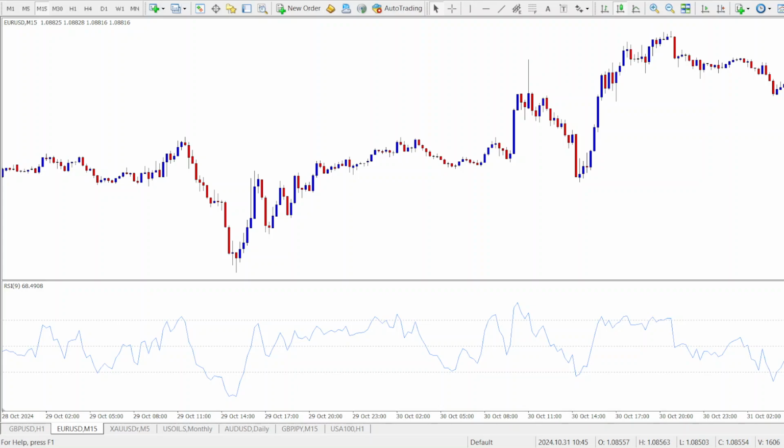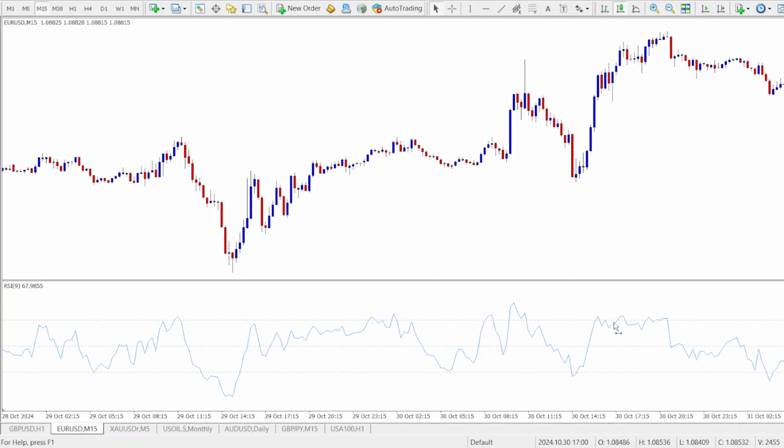So when you are trading on smaller time frames, it is advisable that you reduce the period to suit your trading style. Now, in as much as I am recommending the periods 5, 7, or 9 for day trading, you can actually experiment with different values below 10 to find out the one that fits best with your day trading strategy. Apart from the period, you can also try adjusting the overbought and oversold levels as well